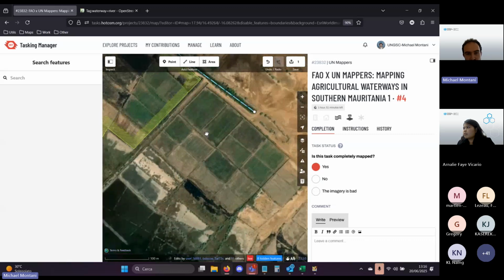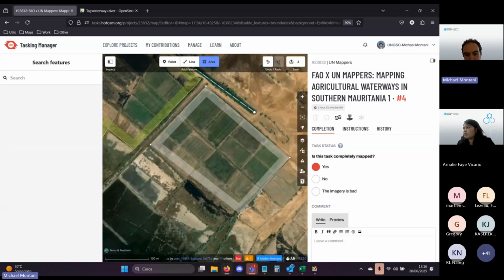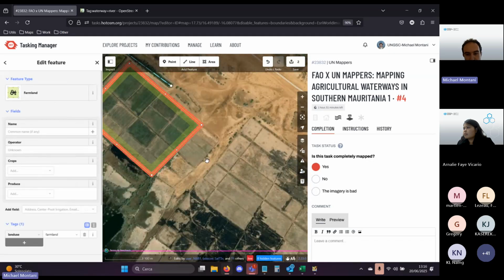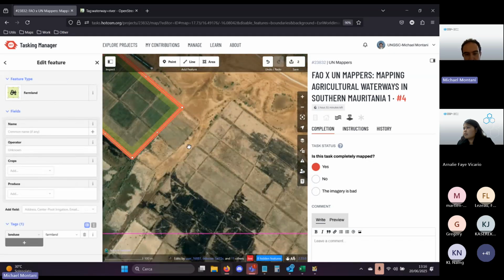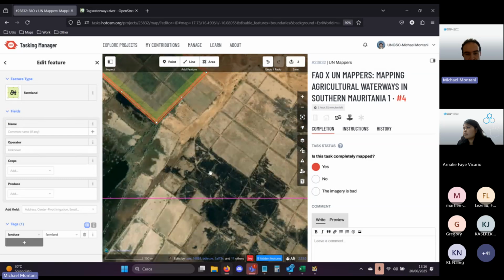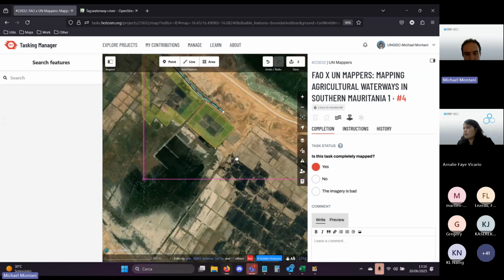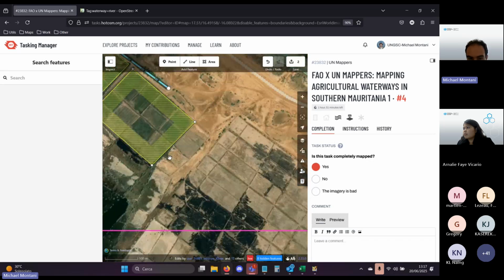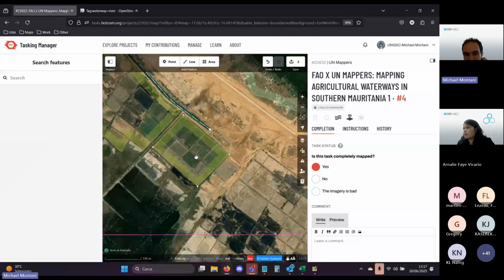And here instead we have a very clear one that is almost rectangular, let's say, farmland. So as we discussed, I'm not mapping the arid crops just for the sake of being loyal to what I see in the imagery.